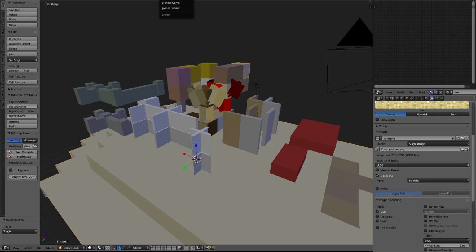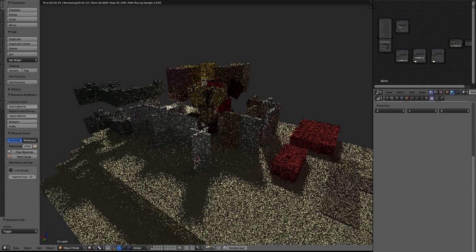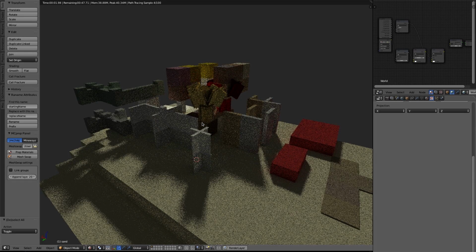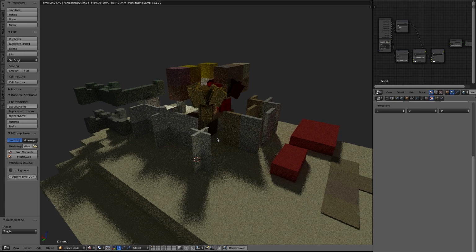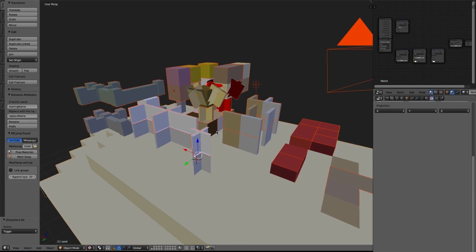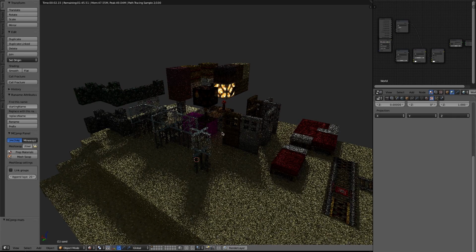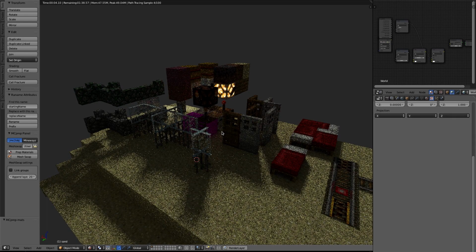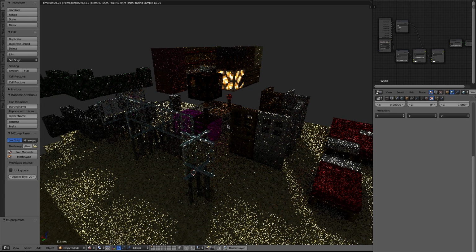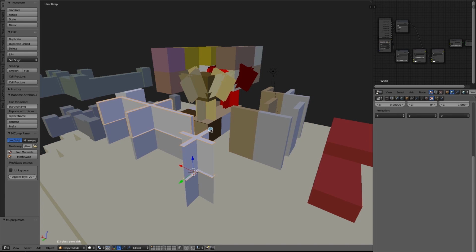But the main thing, and this is what most people will realize if you switch into cycles and then go into rendered view, the materials just don't work at all. So with a click of a button, I will press this, and then all of a sudden the materials are all nice and working. They're great. It's beautiful. So what the add-on did is it created all of the material nodes for each of these materials